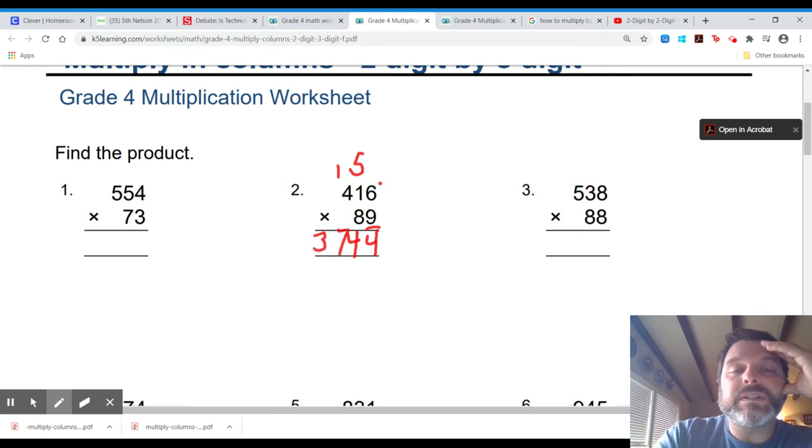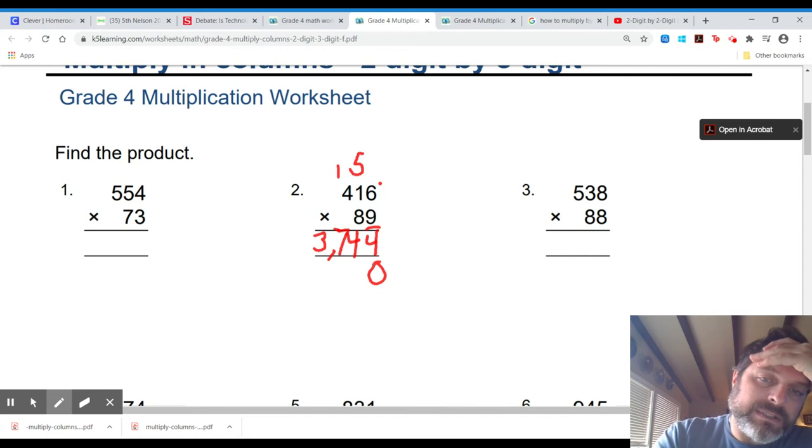Okay. All right. So I got 3,744. Okay. Now next row, I'm multiplying by the 10. So I need to put a 0 here because that's going to be my placeholder. Make sure you do that. And then I'm going to